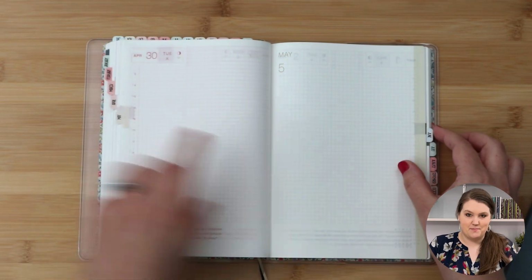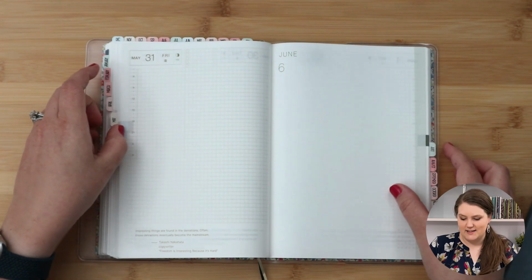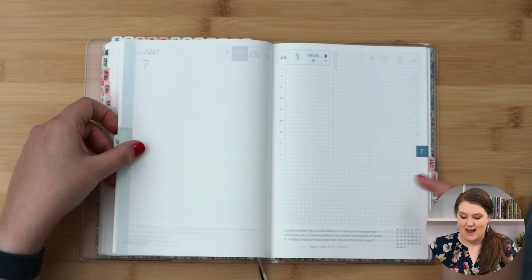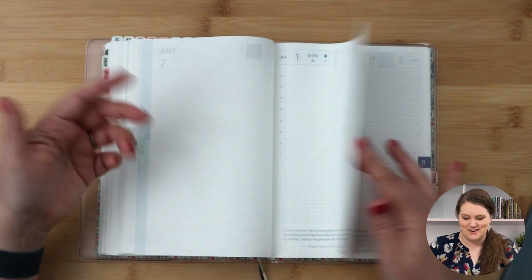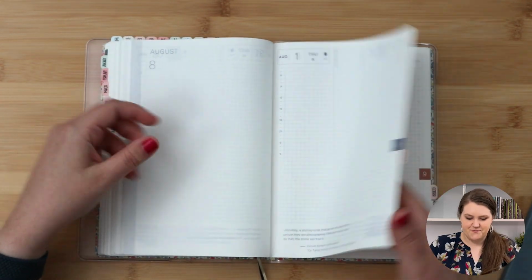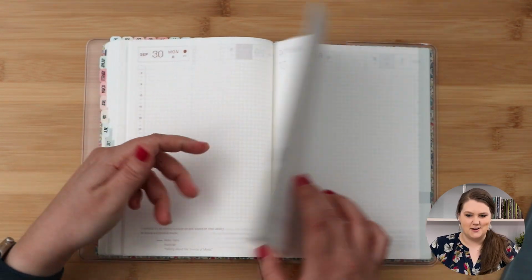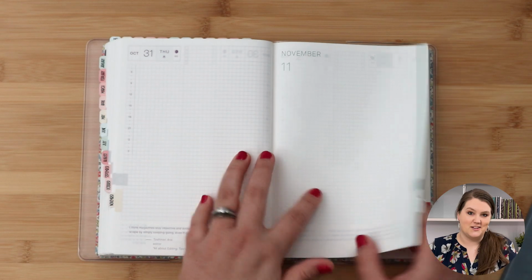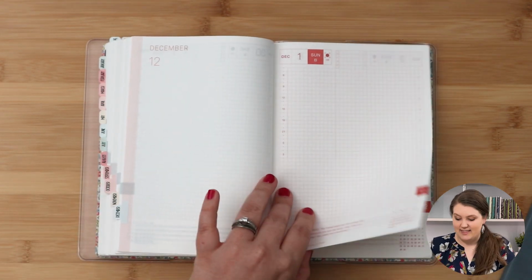And then let's keep flipping so that we can see the colors for each month. That might be a deal breaker for you. You might love it. I really like the July color. If they were going to pick one color, I wish it would all be the July color. August isn't too bad either, but some of these just aren't my favorite. The November one is also very pretty. Okay, and then December is this bright one. And then in the back,